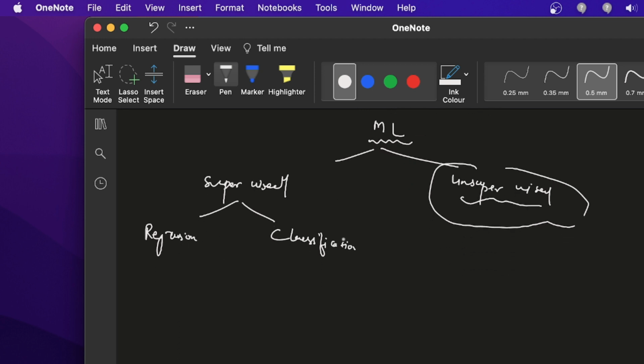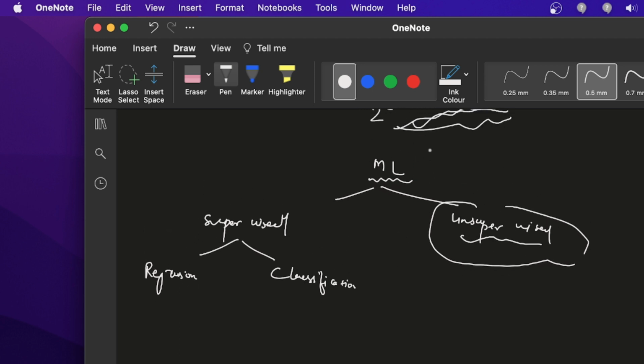Deep learning is a part of machine learning, so it also has supervised and unsupervised types, and supervised has regression and classification. Regression means the output could be anything, like 9.1, 3.2, 1.5 and so on.